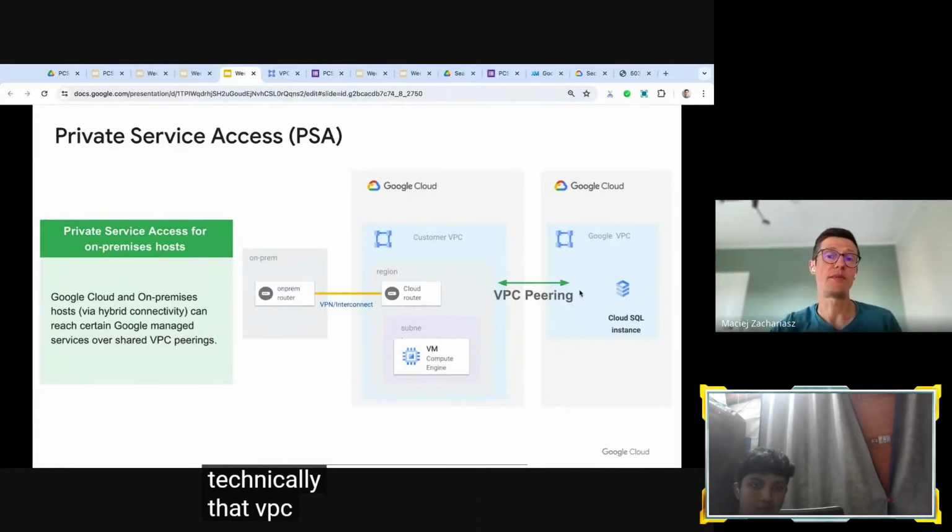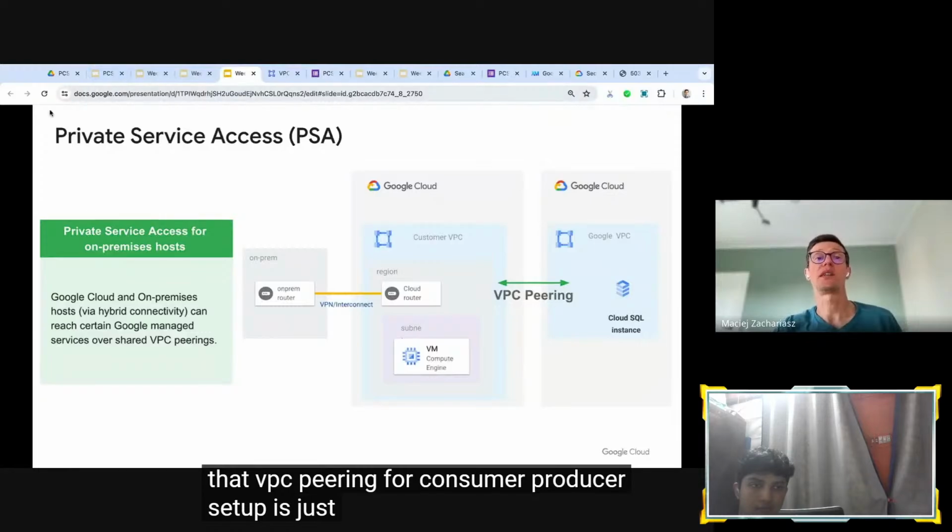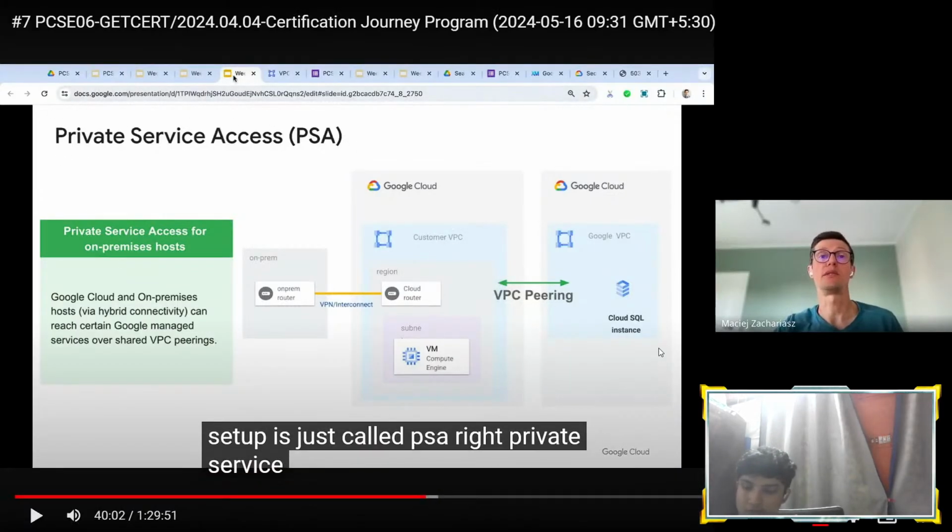And technically, that VPC peering or consumer-producer setup is just called PSA, right? Private service